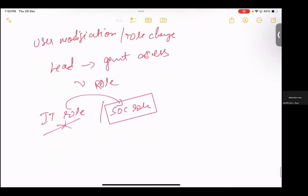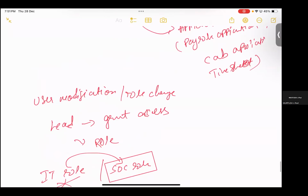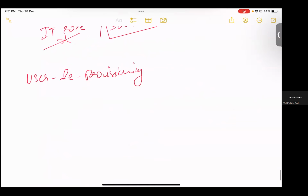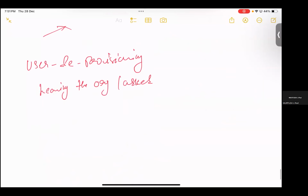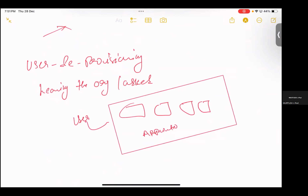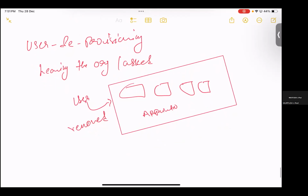So that is about user modification, and the other part is user deprovisioning. Say for example, now the day has come, he's leaving the organization, or he's been asked to leave, anything could be possible. So he has resigned and his last date has come. So the accesses which he has got so far as a user, he is holding multiple accesses, multiple databases, multiple servers, multiple applications, whatnot. A lot of access he has got in the organization, right? So these accesses have to be removed on a priority basis, so that there is no internal threat associated